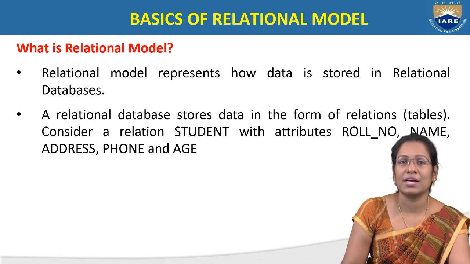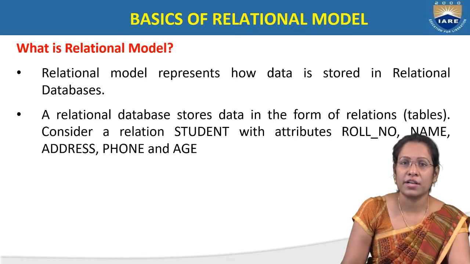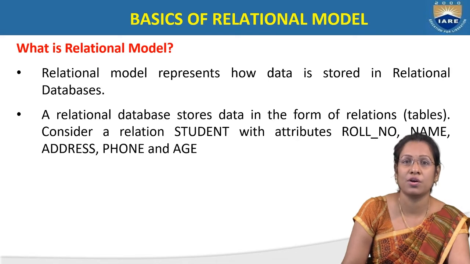Suppose I consider student as an entity type. Every entity type contains attributes: student ID, student name, student address. Those are called attributes of the student entity. When we take the student and its properties, the corresponding entity and attributes are converted to the relational model. The student entity is considered the name of the relation and the attributes are considered the columns of the relation. In this way we convert the entity and its attributes to a relational model of student.